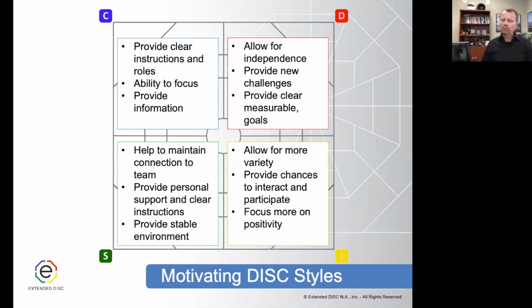Absolutely. And the same principles apply to what was talked about for the D, I, S, and C. Now we just need to, as managers and leaders and co-workers, set aside some time to make sure we are really connecting with all of our employees and thinking about what is the message that we're trying to convey, and most importantly, knowing your audience. Who's the person I'm talking to or sending this email?